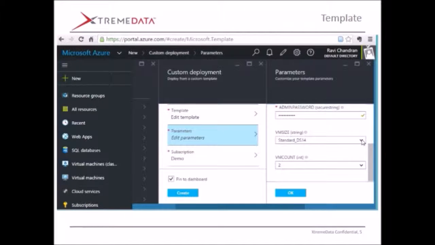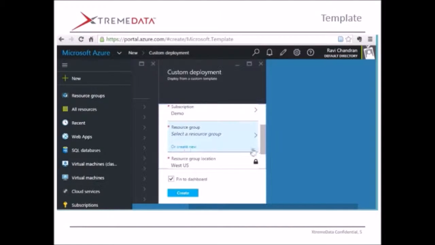And then the last two parameters are what kind of node you want. In this case, we'll use the bigger ones, the DS14s, and the last parameter is how many. And again, right now, there's only a choice of 3, but once it's GA in the marketplace, you can spin up hundreds of nodes if you like. So for this demo, I'll use 4, say OK,